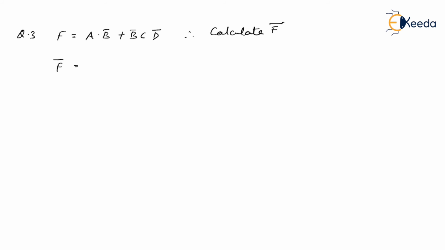So what I want is F bar. We do that in 2 steps if you remember. So we write A as it is, we replace product with sum, then sum with product. The moment product comes, put this into bracket. In the other bracket it is B bar. Again there are 2 products here, it becomes 2 sums, like that. And then once you do that, you're going to complement every literal. So now what is going to happen? This is A bar, B double bar, B double bar, C bar, D double bar, and we are done.